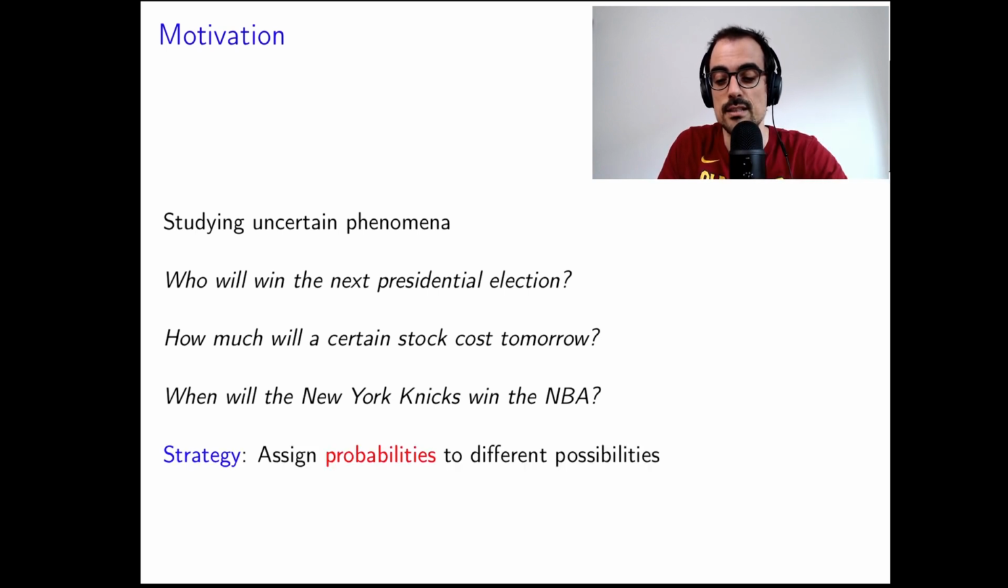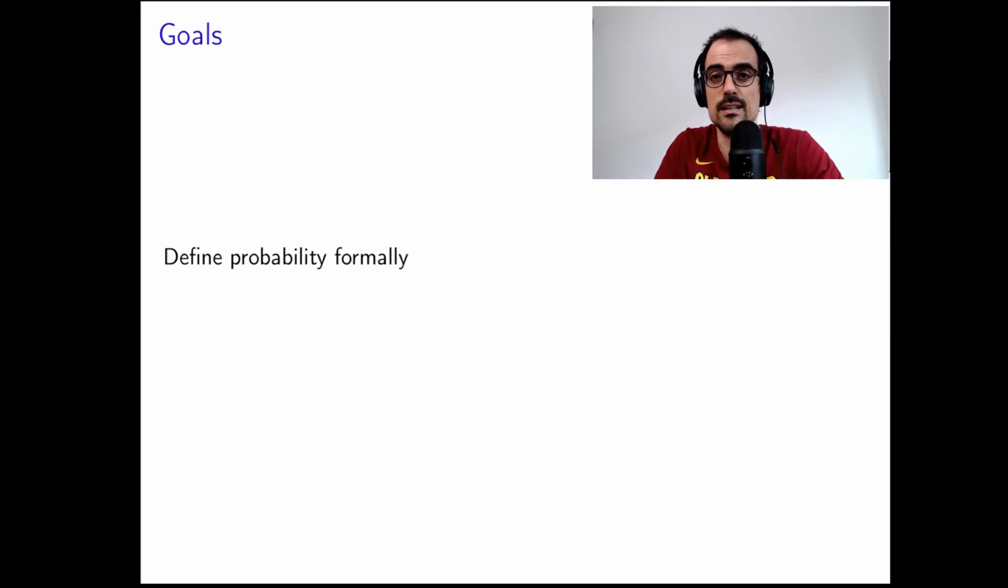So the strategy that we adopt is that we assign probabilities to the different possible results, depending on how likely we think they are. So in order to do this, we need to define what we mean by a probability, and that's the goal of this video. We're going to define probabilities mathematically in a formal way. But also, I hope, we're going to